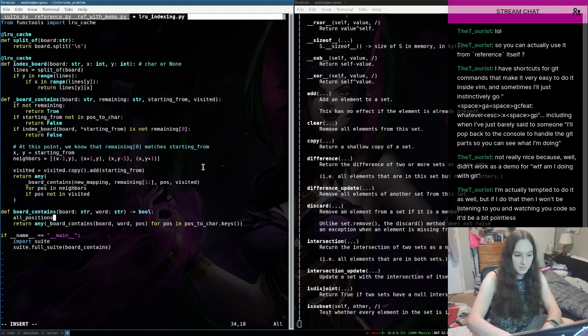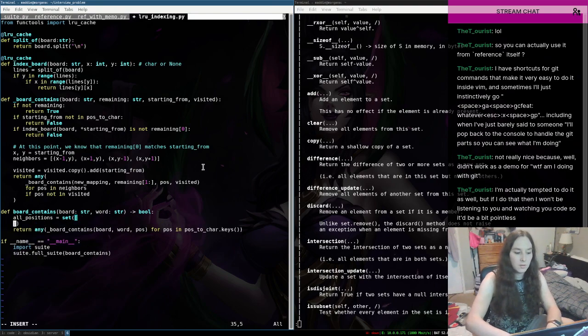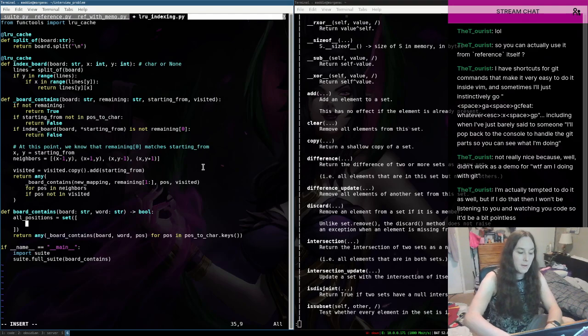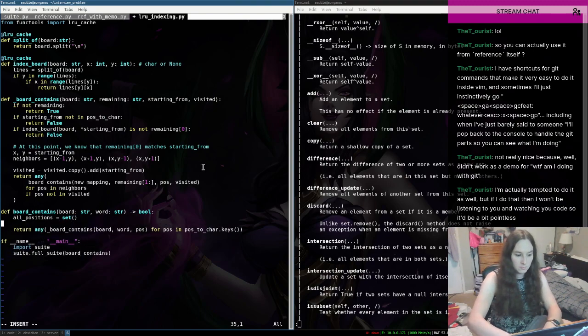All positions set. I can tell that I need to do some sort of flat map thing here. Alright, for line in split of board,